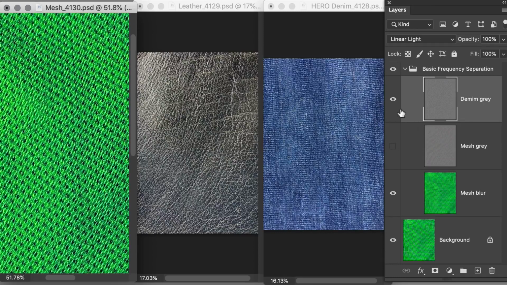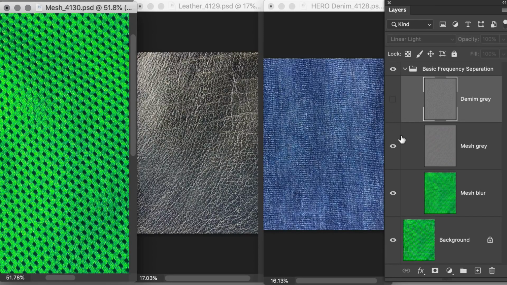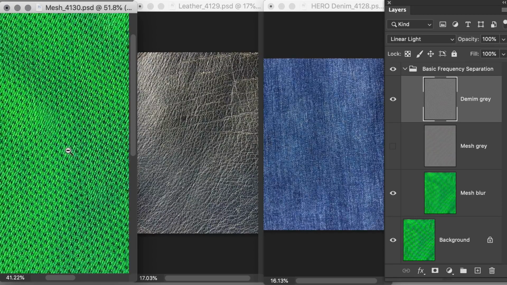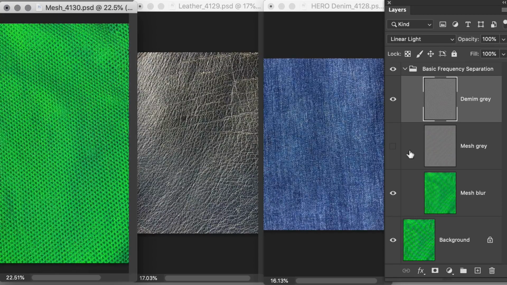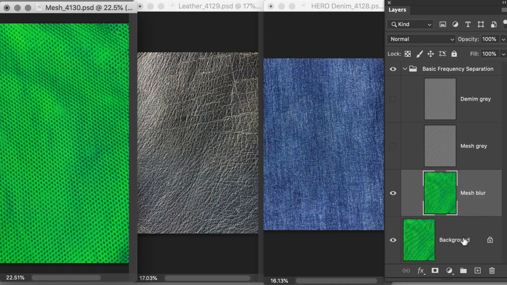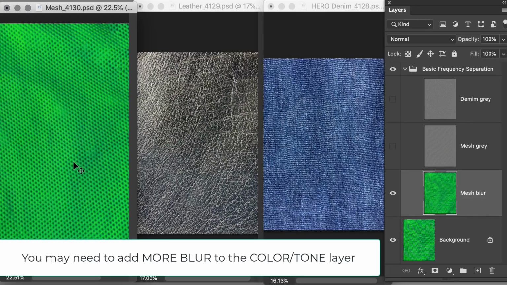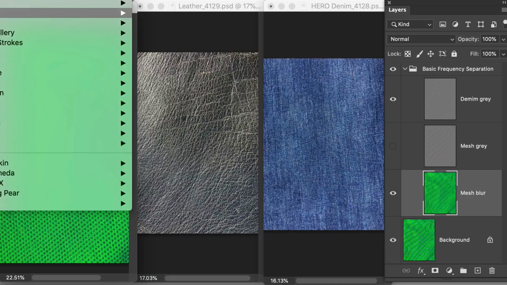Okay, so now let's do it before and after. That's before and that's after. And maybe that'll get you what you need, but do you see what happens on the blur of the mesh? You still have that kind of textury tone there. So you might need to be careful with that, or simply on the blur layer for the mesh, I'm going